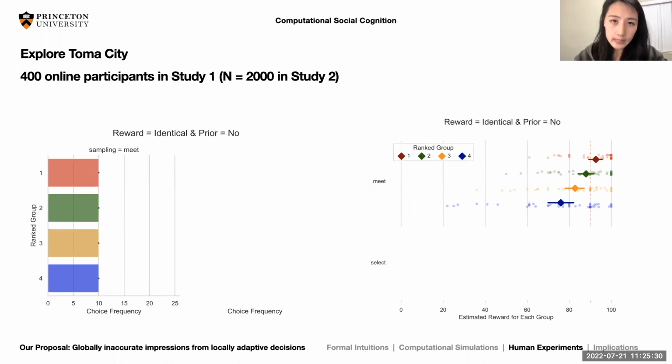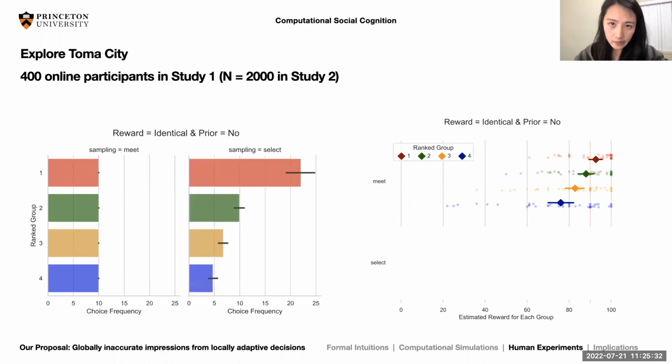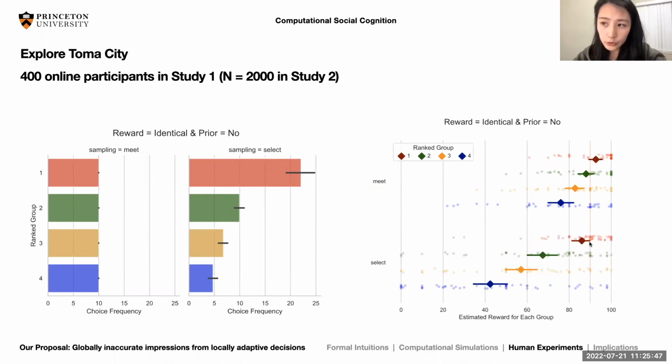Now, when our participants choose their own partners, what we found is this. Our human participants also selectively and predominantly interacted with one group, but they underexplored the other 3 groups. Now, as a result, they're giving a good estimation for the group they interacted with most, like the red one, but the estimation for the other 3 groups is way worse. Another way to say it, you're probably already starting to see this parallel pattern between simulation and human data.